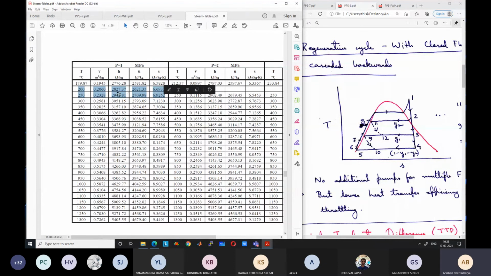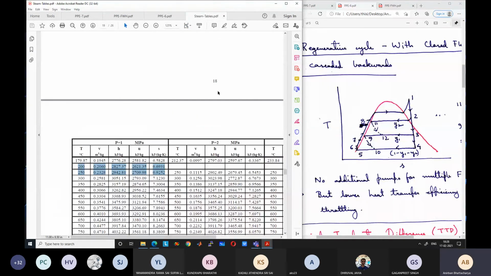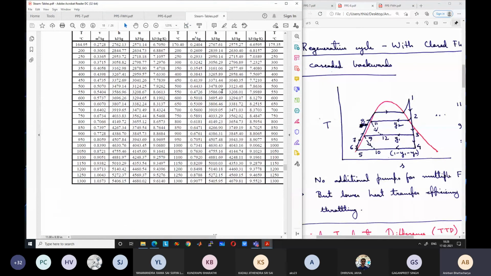similarly we can also find state 3. Pressure is known and entropy is equal. But say the pressure at state 3 is equal to 200 kPa. So what will we do? Let us go to the 200 kPa table. Remember the entropy. What was the entropy? 6.899, so almost 6.9.